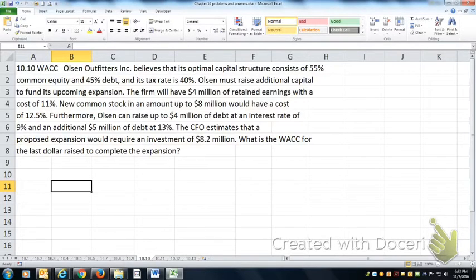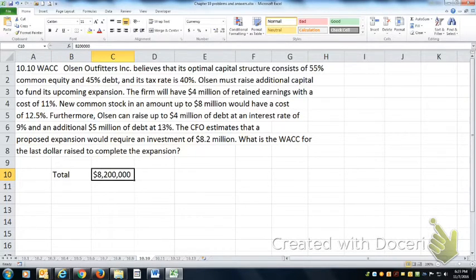And if they need to borrow even more, then they can raise another $5 million. That'd be a grand total of $9 million total. But they could raise $4 million of debt at 9% and another $5 million at 13%. So they don't want to raise more equity or borrow more money than they need. This 8.2 total, they need